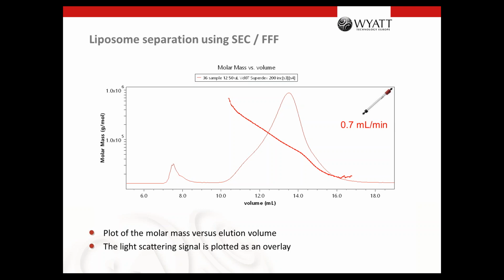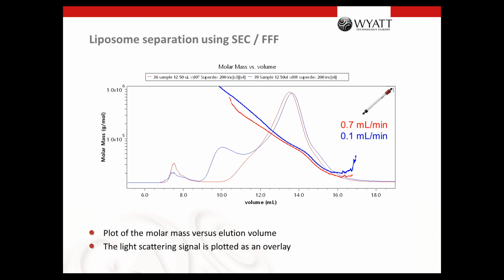When we do that with a flow rate of 0.7, which was the flow rate the customer usually used, you see 3 peaks. There's one shoulder here, which has a different molar mass behavior on the column. Then we have the main peak here, and another shoulder here, and some very big aggregates on this side. That looks quite normal, and the customer was happy with that.